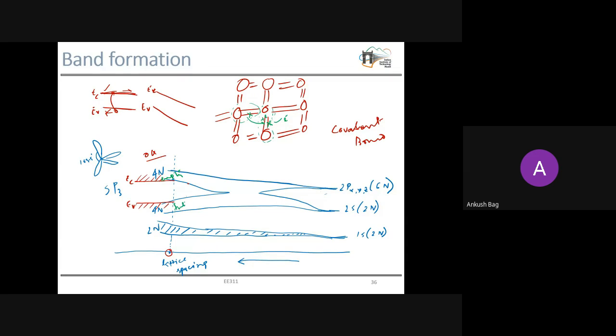But when you increase the temperature, due to the thermal energy, you can break this covalent bond, and then you can have an electron and a hole, and the hole can move in that way, and the electrons are obviously free, they can move within the crystal. So this is above 0 Kelvin, at room temperature or at some finite temperature. Now you have electron-hole carriers. Now you have carriers which can produce current.